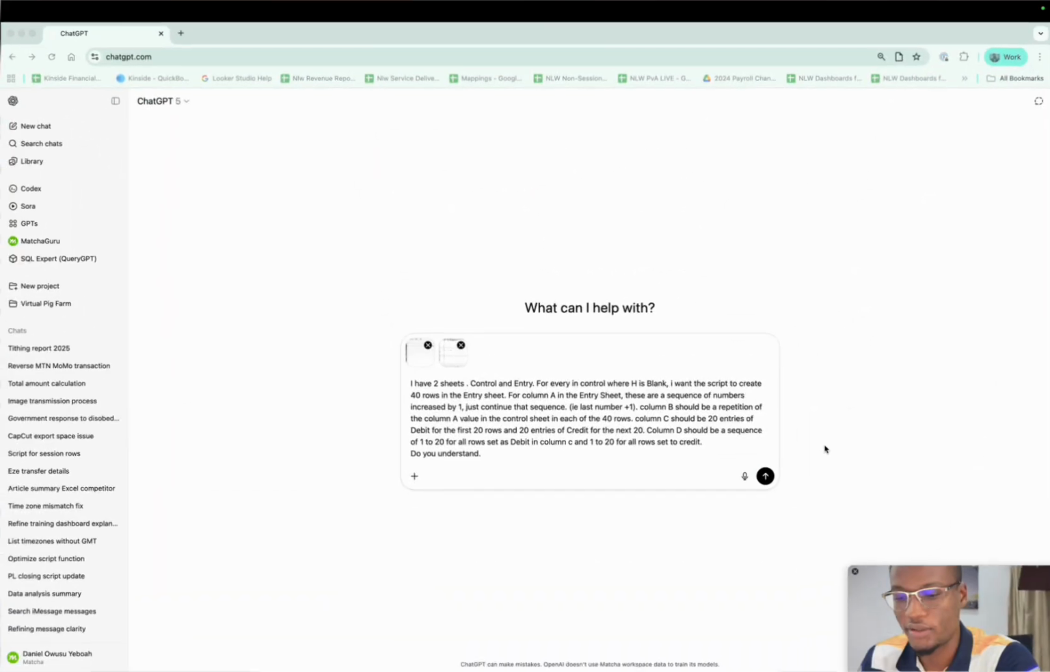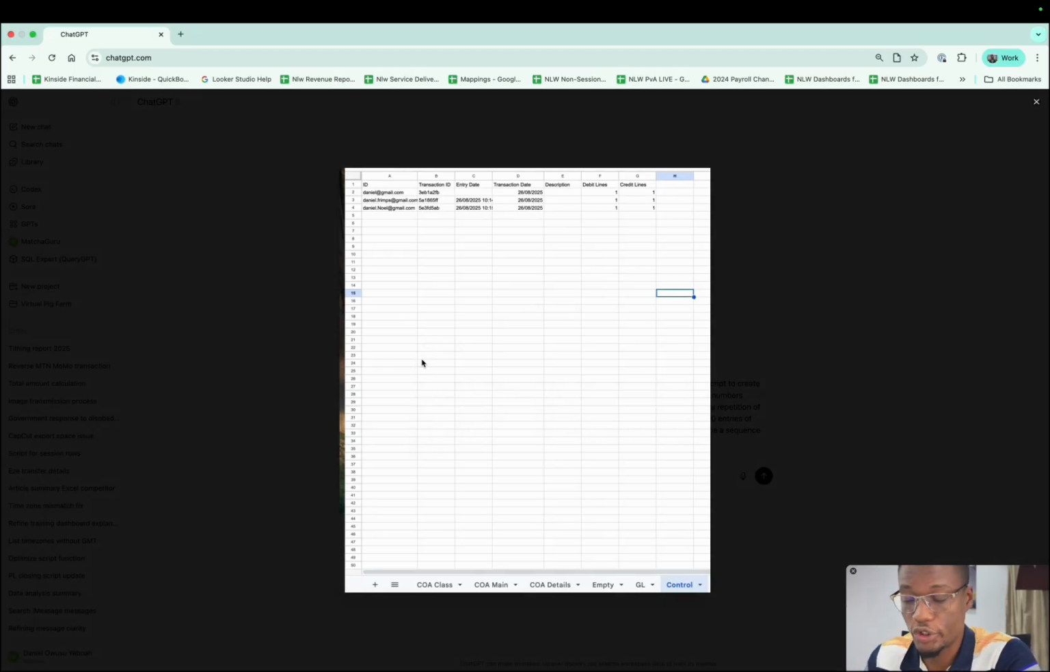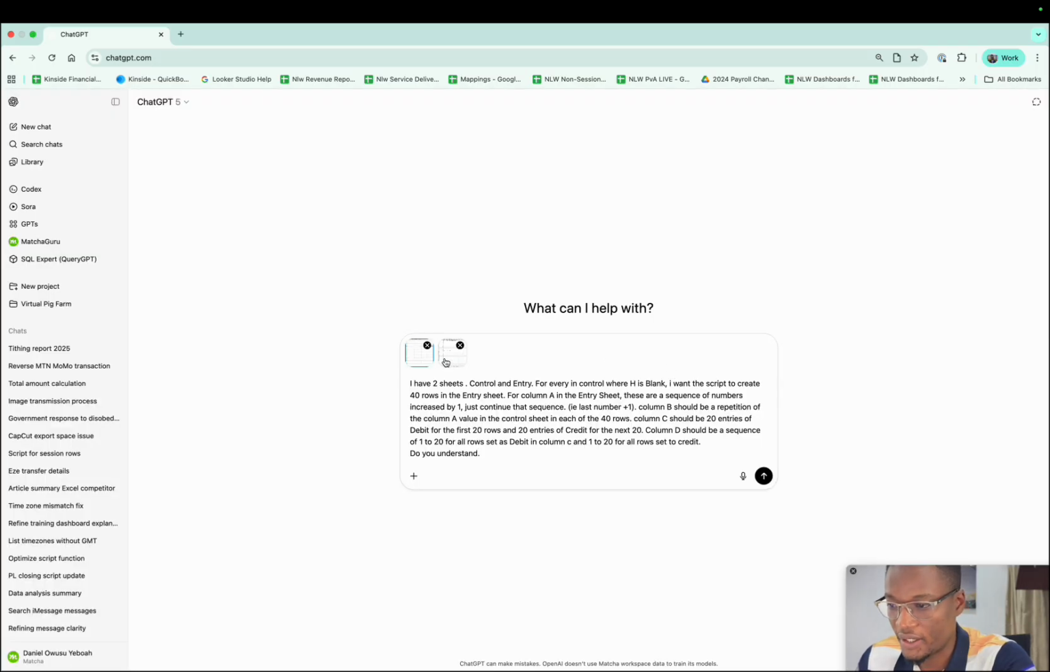Okay, so we are here in ChatGPT. Because I'm not an expert in JavaScript and AppScript, I always rely on ChatGPT to get these things done for me. I also find it very useful to provide screenshots. That helps ChatGPT have a context of what you're trying to do. So over here, I make sure the sheet name appears and then the column headers also appear. I'm trying to tell it that this is a control sheet,